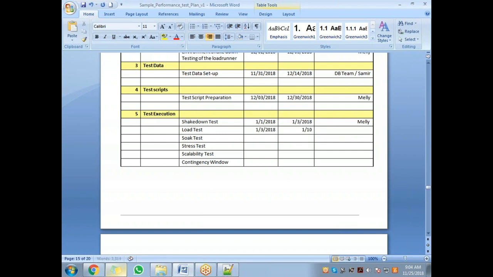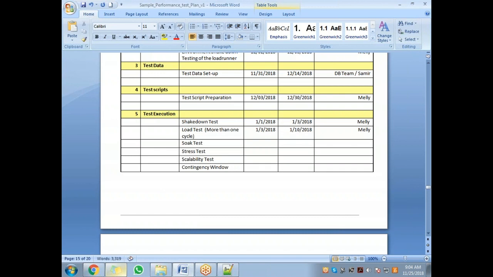Typically you give 1 week for the first test because there are a lot of cycles. As we have discussed, if the performance is bad, you send them the code, they fix it and give it back to you, and then there are cycles. So there could be more than one cycle here. Typically you can give 1 week to 1.5 weeks here,